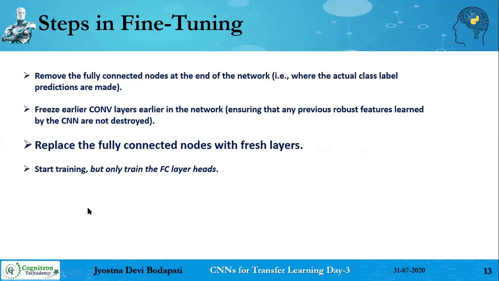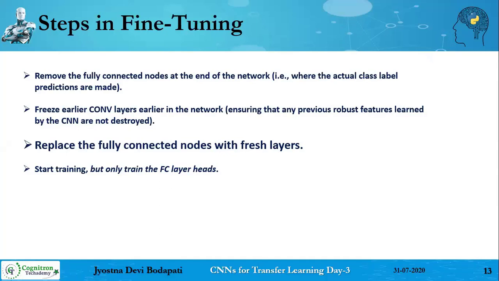This I already explained. So what are the steps you need to follow when you are going for fine tuning? I hope all of you understand what fine tuning is. You have the VGG16 architecture, right? That's 16 layers: the first input layer followed by the convolution block, then max pooling, again followed by 3 convolution blocks, followed by the max pooling, and so on and so forth. Likewise, you have 16 different layers in your VGG16 model. So you are taking the entire model and you are going to train that model on your dataset.